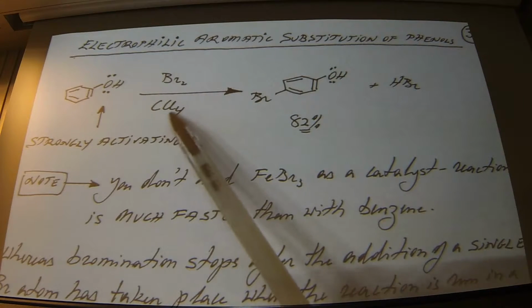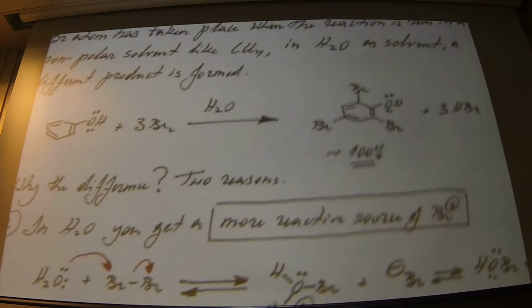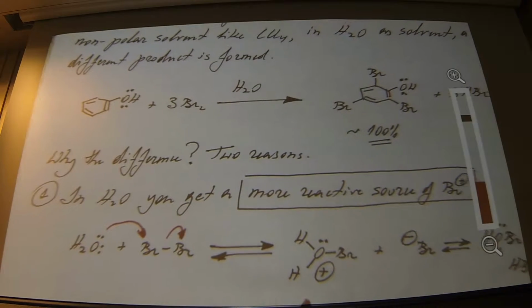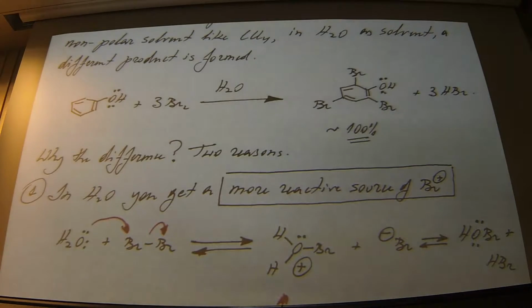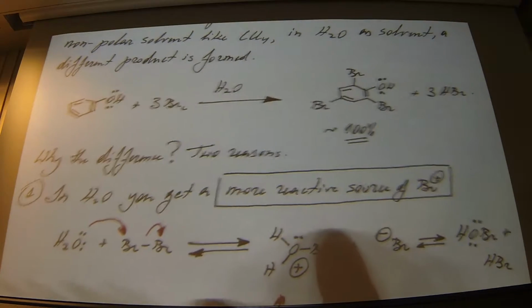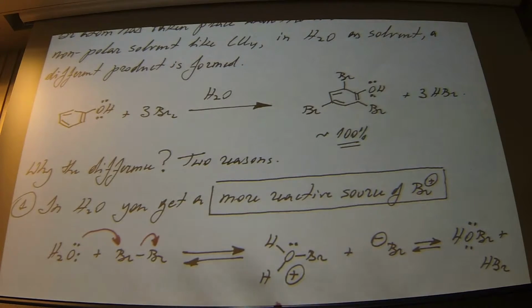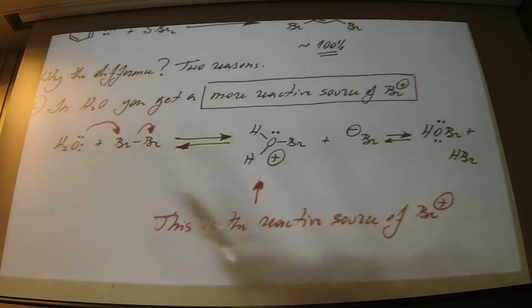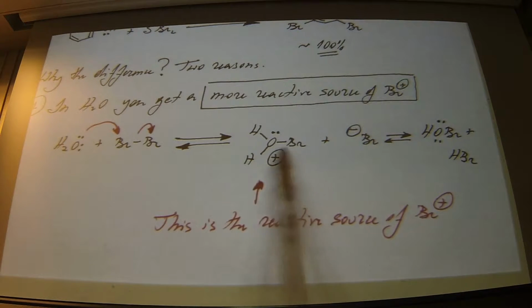If you do this reaction in carbon tetrachloride or some similar kind of non-coordinating solvent, you get the monobromo compound. Then remember that if you do the same reaction in water, you get a different product. You get, quantitatively and rapidly, the tribromophenol. And the reason for that is, two reasons really. One reason is that in water you end up activating the bromine. So you figure the water